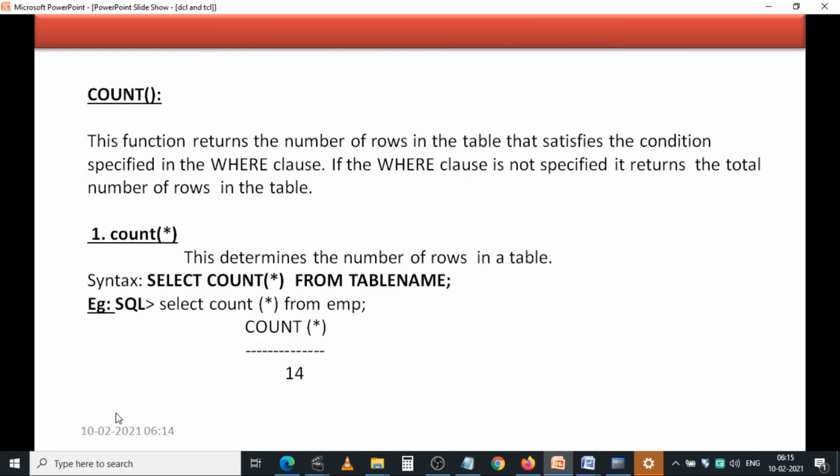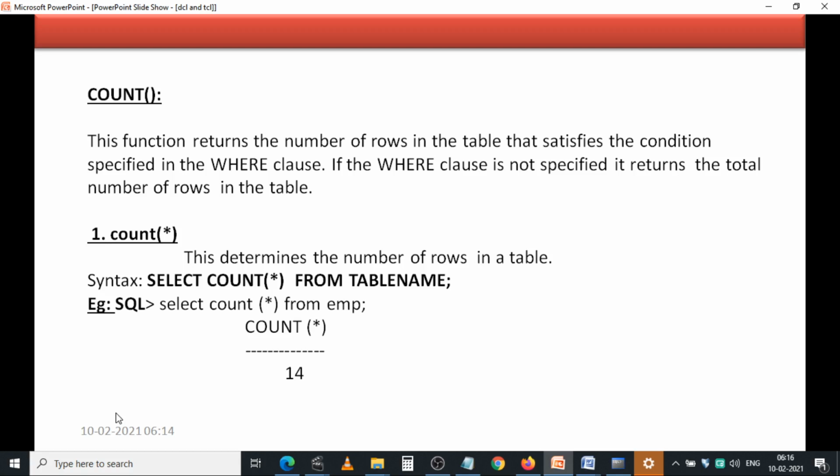Okay, and coming to the count function. What is the count function? Actually, this count function counts the total number of rows present in the table. Whenever you specify the where condition along with this count function, then it returns the number of rows in the table that satisfy the condition specified in the where clause.